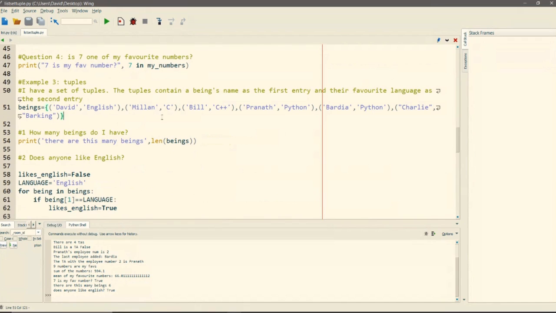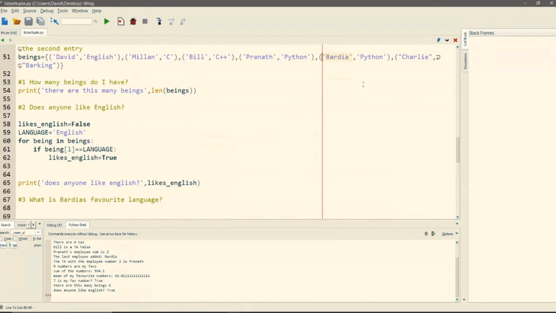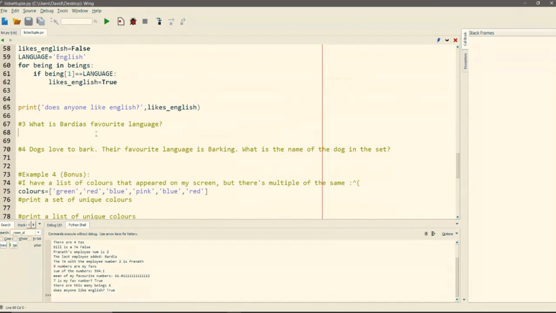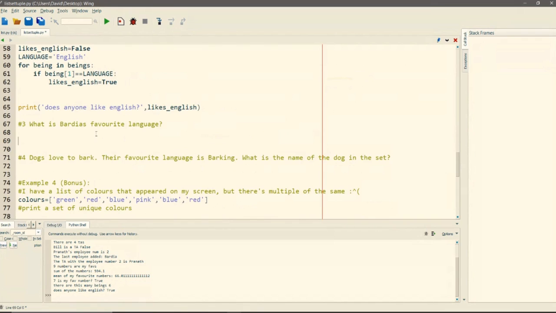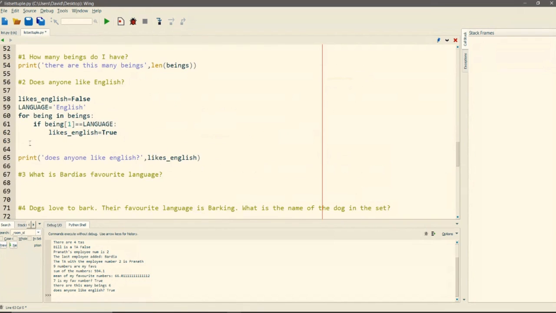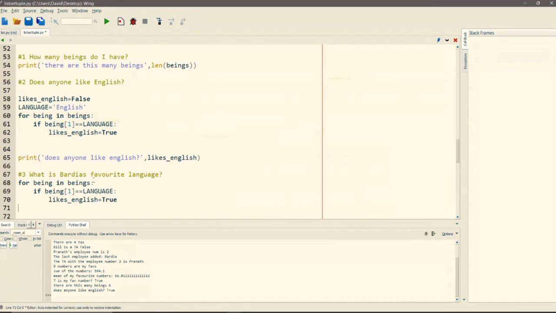So, okay. We want to figure out what Bardia's favorite language is. And, well, we already know it's Python, but a lot of the times you won't actually have a clue. You won't have it set up for you. But let's try again. So what we want to do is it's going to be really similar. In fact, in this case, it's bad practice to copy and paste. So don't tell the FBI this as well. But I might just do it.